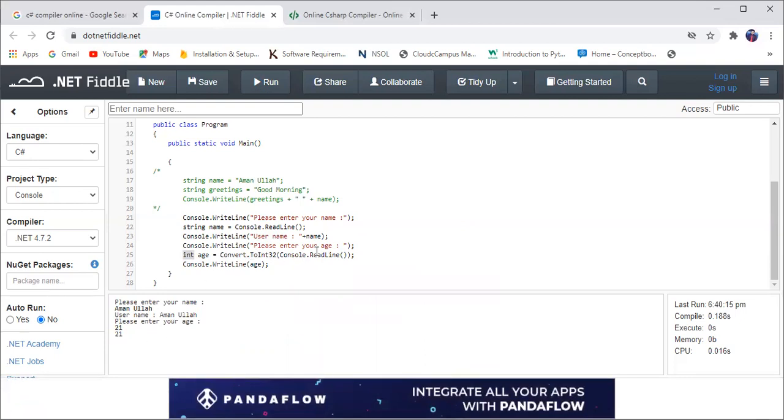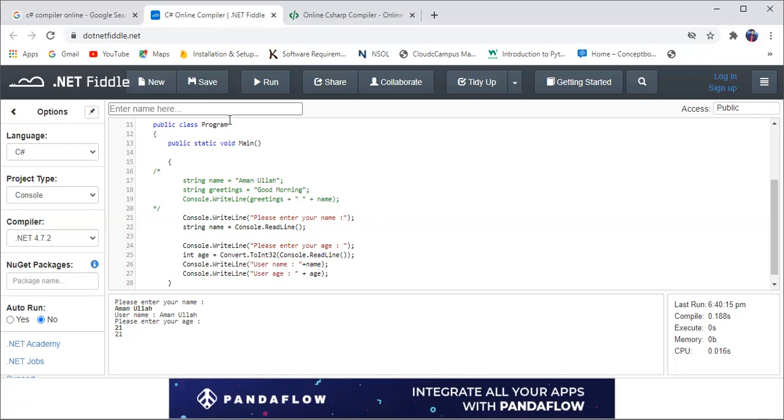Now you can cut this from here and print it here at the end, and here I will use "User age is".